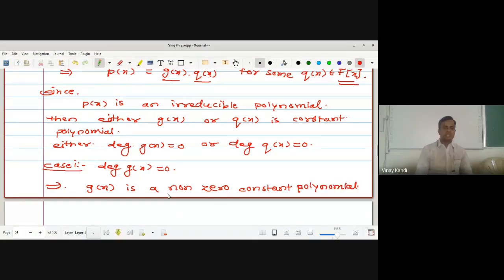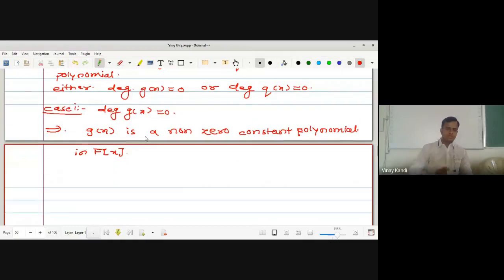Okay, g of x is how? A constant polynomial in capital F of x. Okay, so what does it imply? A unit, a non-constant polynomial in F of x. Okay, so that implies g of x is a constant polynomial, meaning how is it? g of x is a unit. Its inverse exists in F. Okay, what it implies: g of x is a unit in